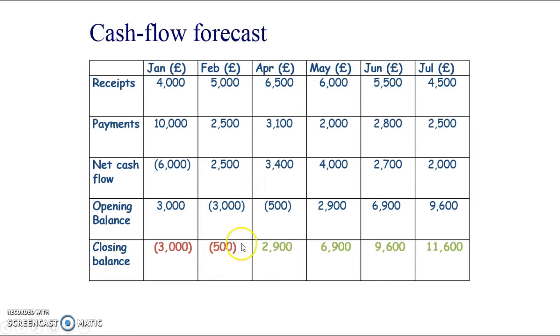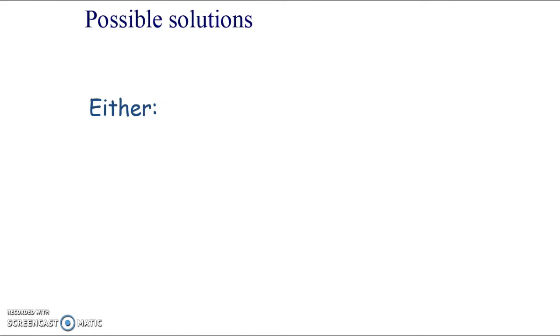Now this one in February, I wouldn't say is a really terrible problem, although obviously they're spending more money than they have in that month. But probably if the business has an overdraft, the overdraft can probably cover that. But you would have to check in the case study what their overdraft limit is. If the overdraft limit is £2,000, then obviously there's going to be a big cash flow problem in January for that business. So possible solutions,